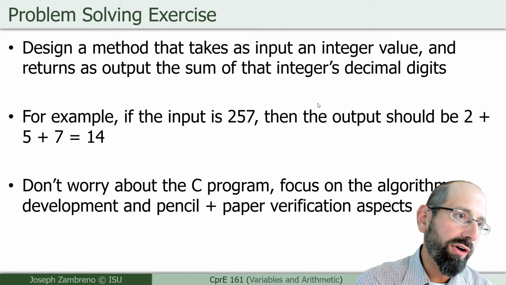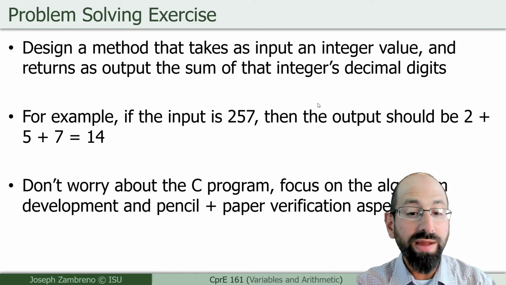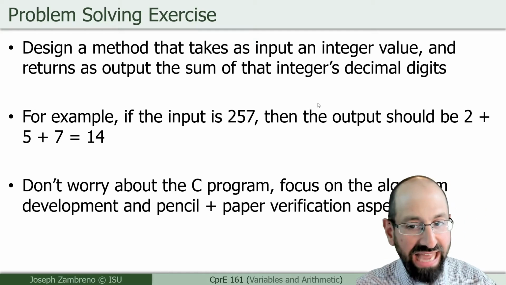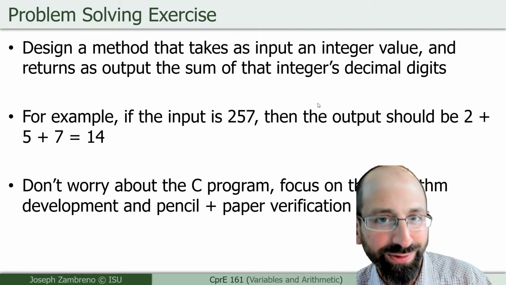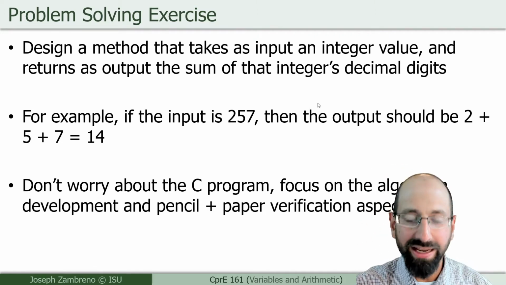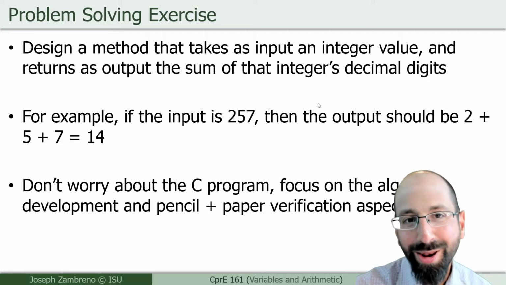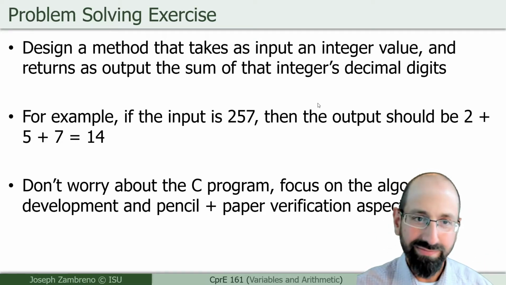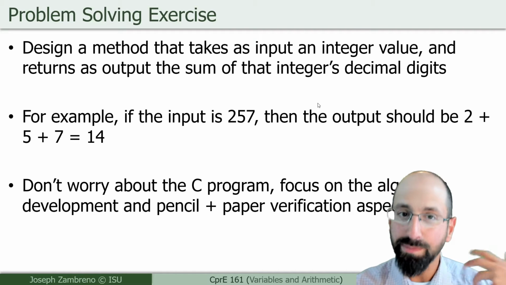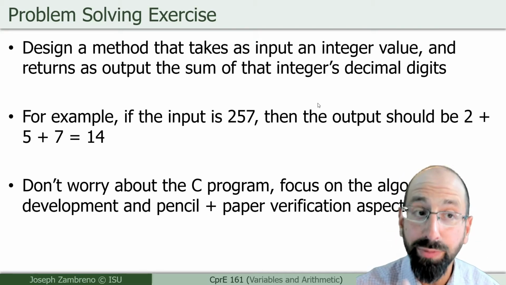What are my variables? What is my input? What does my output need to be? We haven't exactly solved the problem, but we came pretty close to solving the problem there. We can then write that code that does maybe a scanf to read in a number, does mod 10, adds it to a sum, divide by 10, mod 10, adds it to a sum, rinse and repeat,